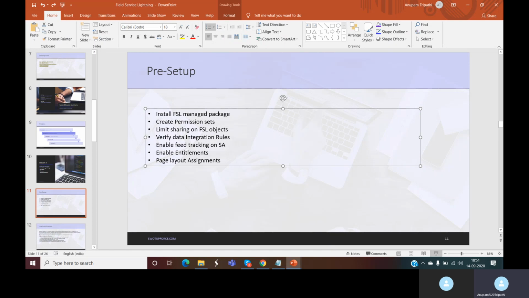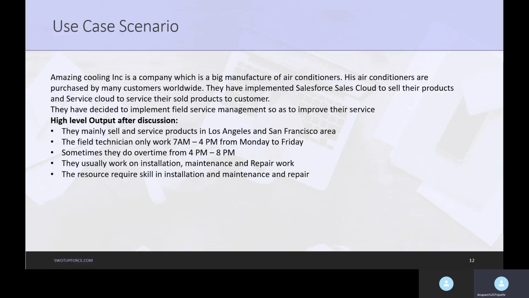Now let's talk about the use case scenario. So you remember there was a company, Amazing Cooling, who was a big manufacturer of air conditioners. So their air conditioners are purchased by many customers worldwide, but we will not take the worldwide scenario. We'll take a simple scenario for the US region. So they have implemented Sales Cloud to sell their products and Service Cloud to service their sold products to